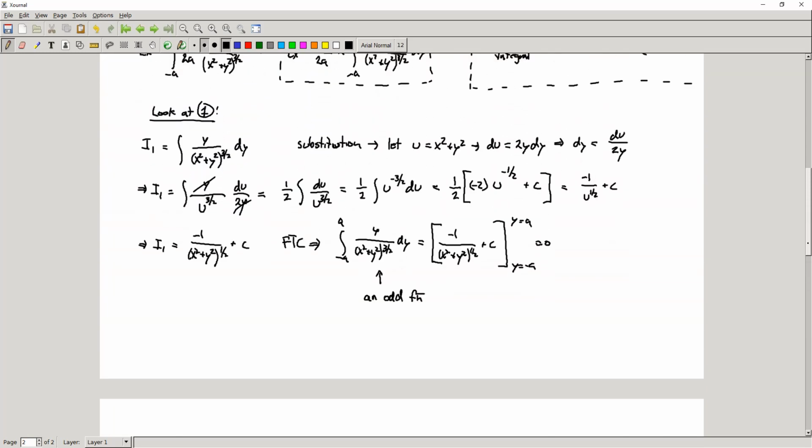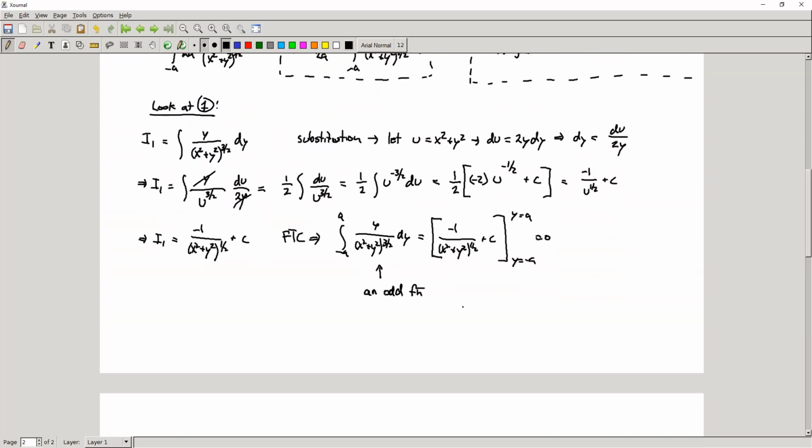So maybe I'll draw it just here at the bottom. This function would have ended up looking something like this. I think it looks something like that a little bit. Okay, and we're basically integrating this from minus a to a, right? So this shaded region is going to cancel this shaded region, and we're going to end up with a 0,